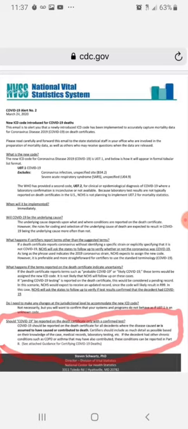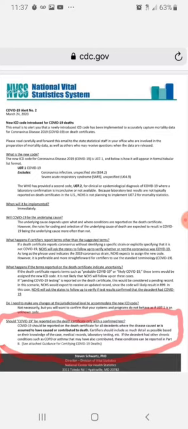Keep reading. It says, however, it is preferable and more straightforward for certifiers to use the standard terminology COVID-19. So it's preferable that certifiers use the standard terminology COVID-19. They'd rather it be put down on paper that it was COVID-19. What happens if the terms reported on the death